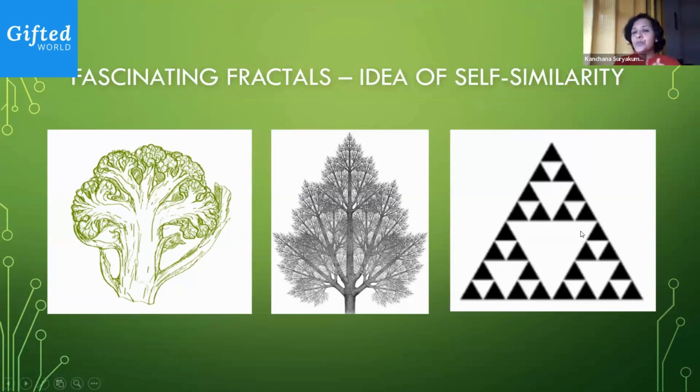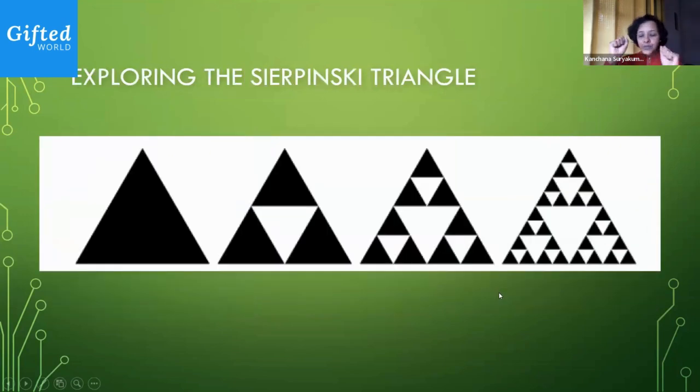On the rightmost is what is called a Sierpinski triangle. It's named after the mathematician who came up with this. It's a very interesting figure. Let us dive in a little bit. If you all can pull out your paper and pencil again, I'd like you to understand how we draw the Sierpinski triangle before we start working with it. So how would we draw the Sierpinski triangle?